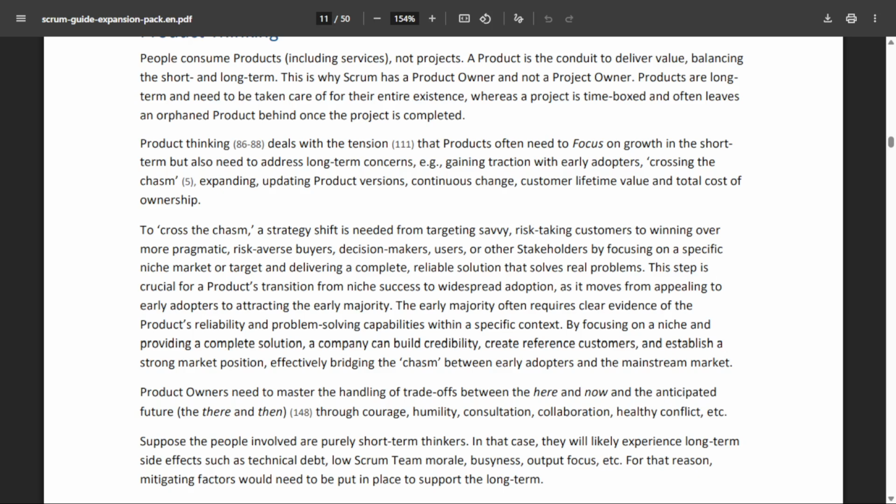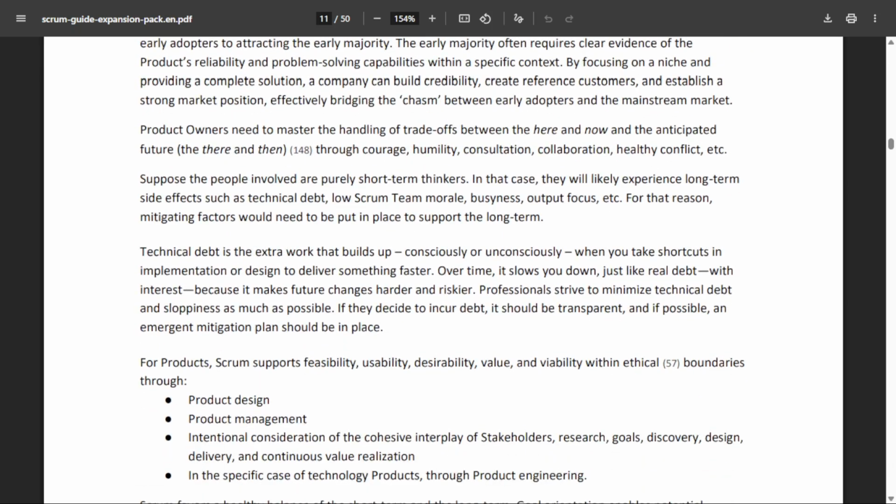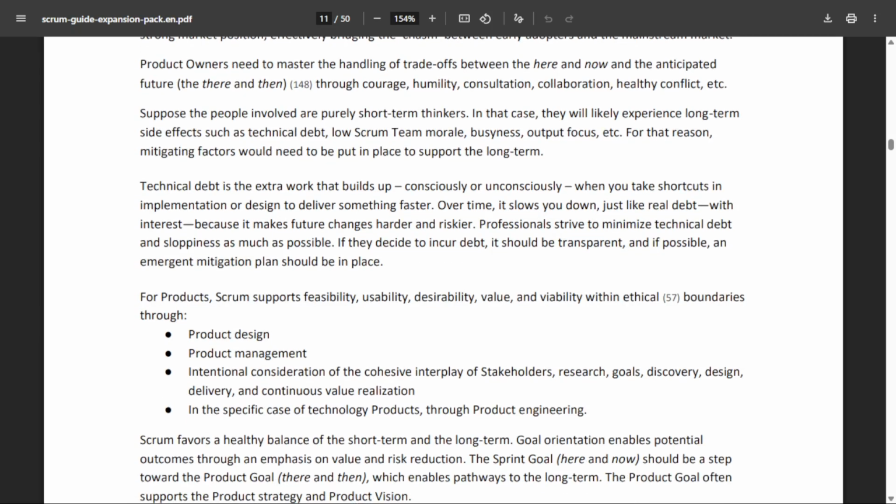as a piece of a larger product thinking. So you have the product thinking in which you look at products as being outcomes and value, not just features. You are encouraged to avoid feature factories because it's not just about churning out features. The product owner needs to master the art of handling trade-offs between the here and now and the anticipated future. So if I were you and I'm a product owner or even just a product person, you need to read this in more detail. You also need to read this even if you are a product person to have a